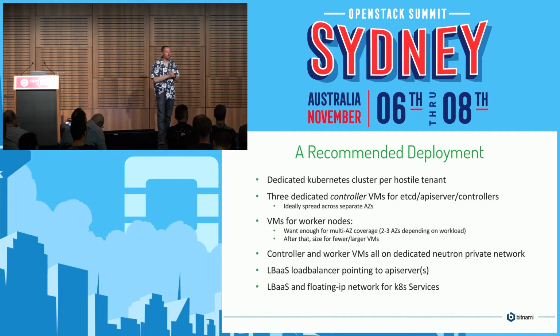You want to have 3 controller VMs. You need at least 3 because of the etcd quorum requirement. Okay, you need to have a majority. You need to be able to survive a node failure and still be able to form a majority. So you need 3, or 5 if you're being really paranoid, but 3's quite normal. Or 1 if you're doing a toy setup. If you're just doing a demo, you don't care about availability.